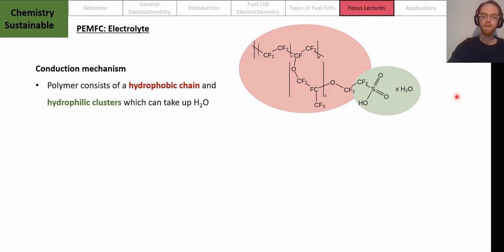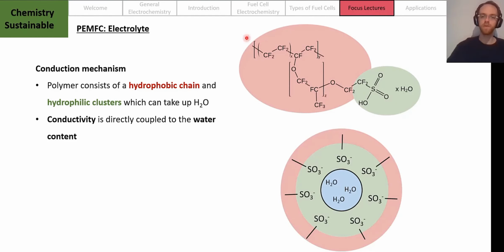So what can happen if you have multiple of these groups together here is that you basically form an outer region where you just have this long polymer chain everywhere. And these groups here, which of course continue from the next segment here, again, there would be such a group. These groups are all directed towards each other, and next to them, there can be an accumulation of water. Due to this phenomenon, we can now